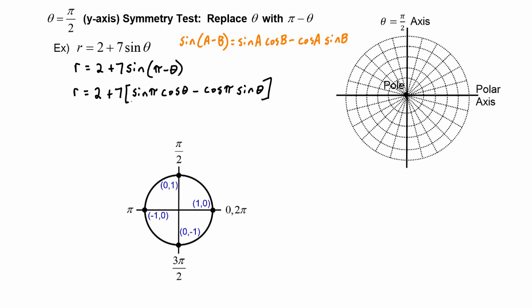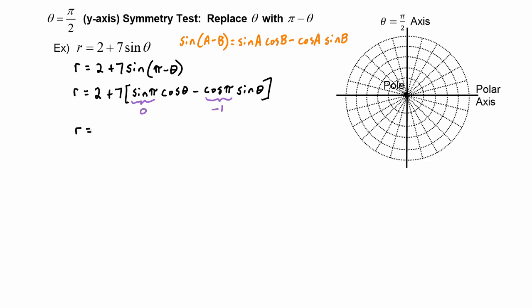We know that the sine of pi is equal to 0 and the cosine of pi is -1. So this becomes r is equal to 2 plus 7 times the quantity 0 plus sine theta, which simplifies to be r is equal to 2 plus 7 times the sine of theta,